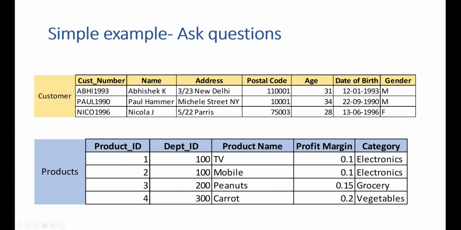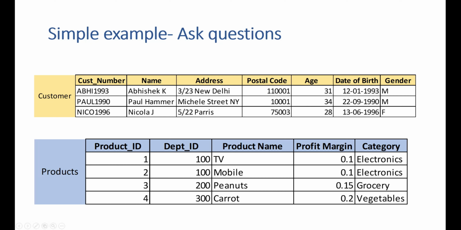And suppose you take customer number, right? You can ask what is this customer number? Is it a combination of the first four digits of the name and the year of birth of a customer? Can it duplicate? Can there be an Abhi and another Abhi who has the same year of birth? In that case, how we are generating this customer number might not give a unique value. These are the kind of questions you need to ask when you are working as a data modeler, and then extend or tweak the designs accordingly, right?